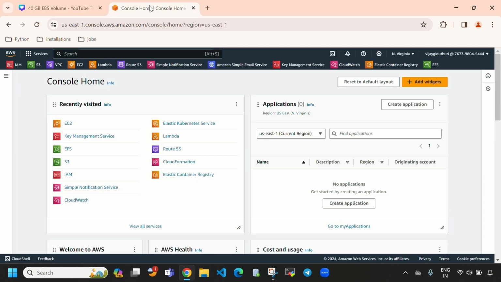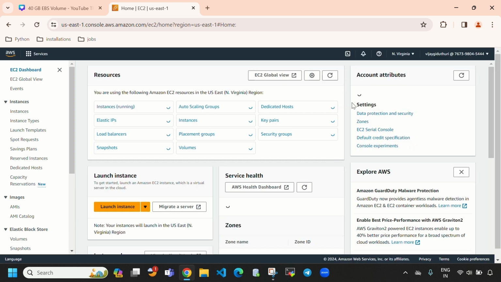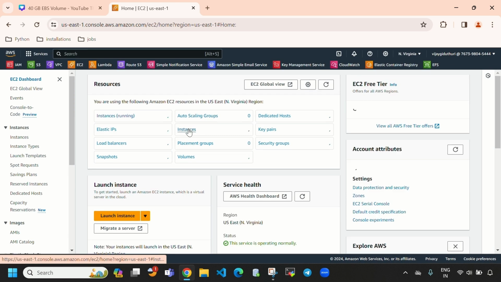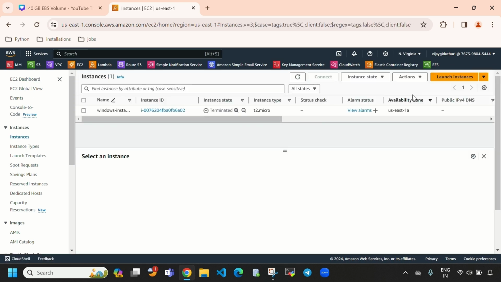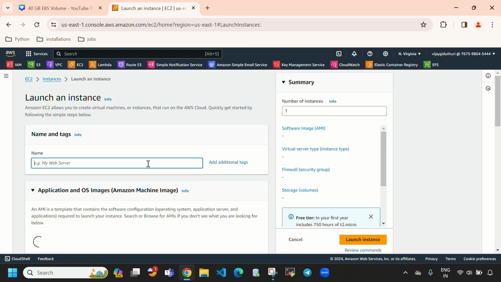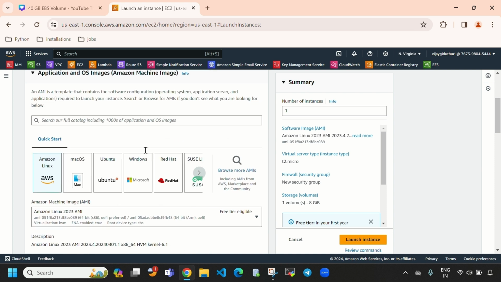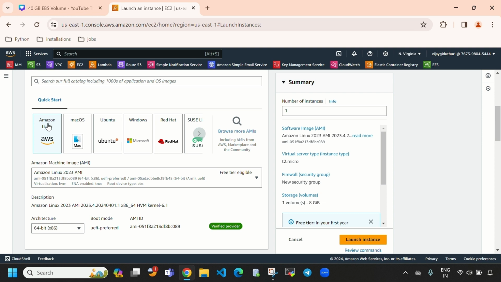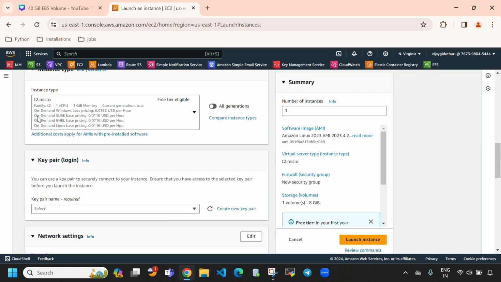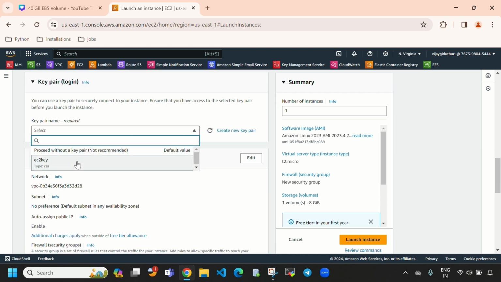So here you can see this is my Amazon AWS Management Console and we need to select EC2, and here you can see instances. We need to select instances and select launch instance, and we need to give the name of the instance. I'm giving the name demo instance, and I'm going to select Amazon Linux, and T2 micro is enough, and we are going to select the key